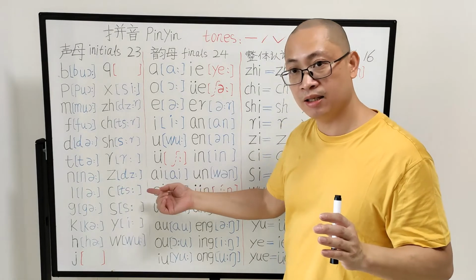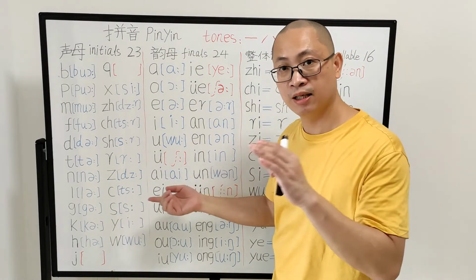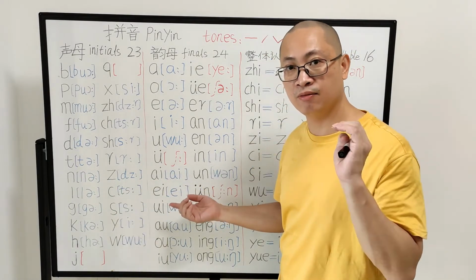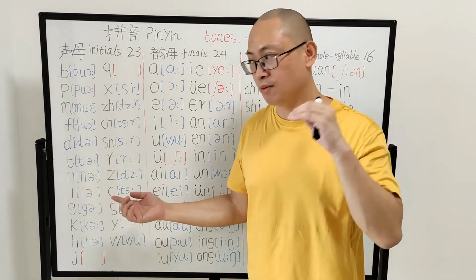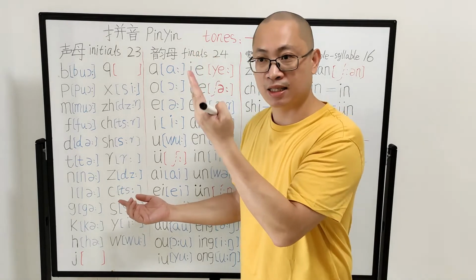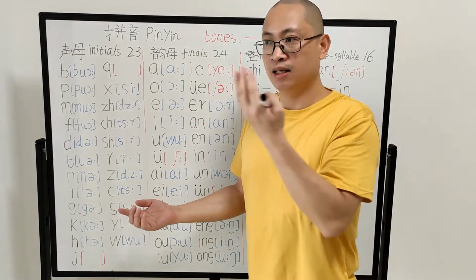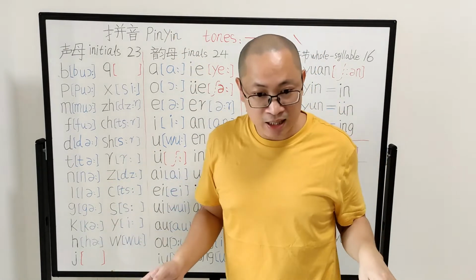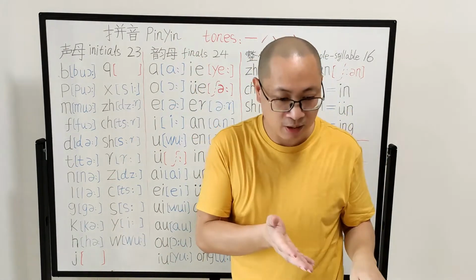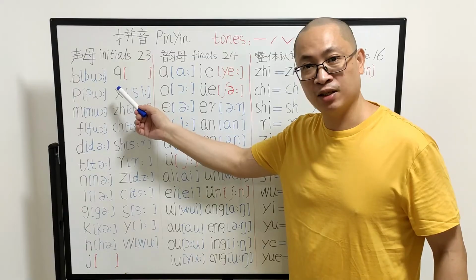Z, I, zai, first tone. Zai, first tone. Zai, second tone. Zai, second tone. Third tone. Zai, third tone. Zai, fourth tone. Zai, fourth tone. Next, qi,